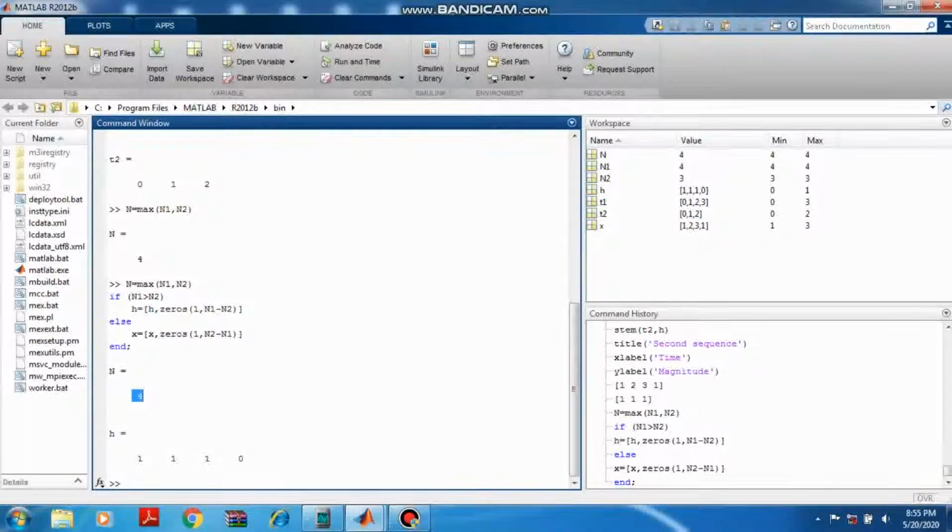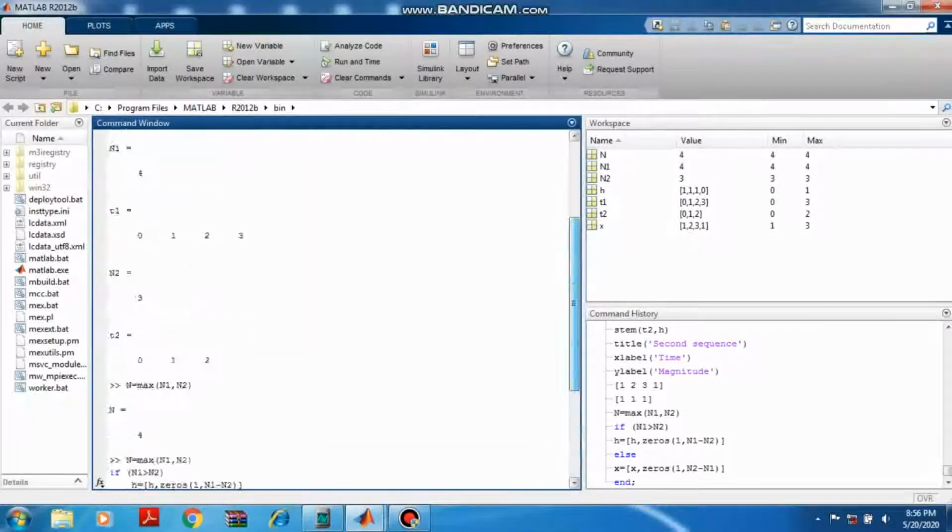Now it starts from if. What MATLAB sees: n1 is greater than n2. n1 is the length of sequence x, and n2 is the length of sequence h, so n1 is 4. So what does it do with the H matrix? It was 1 1 1, you can see here.